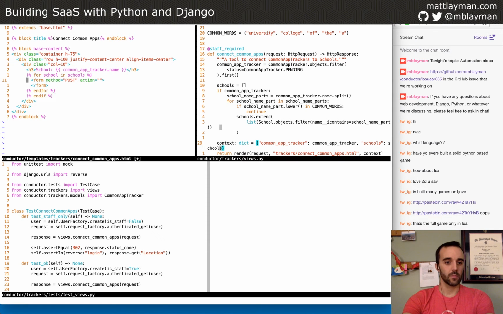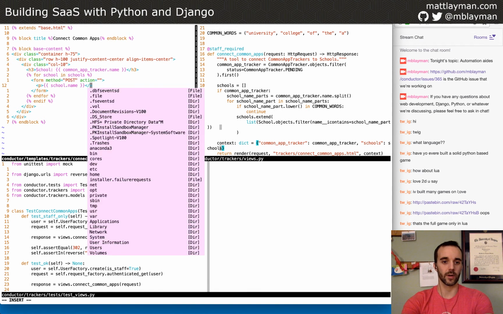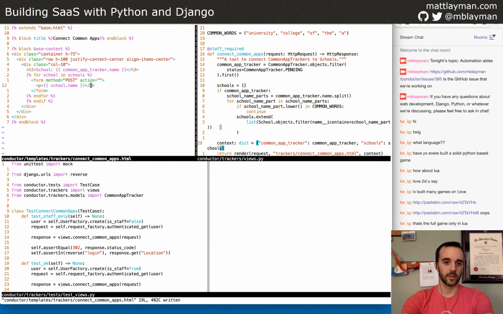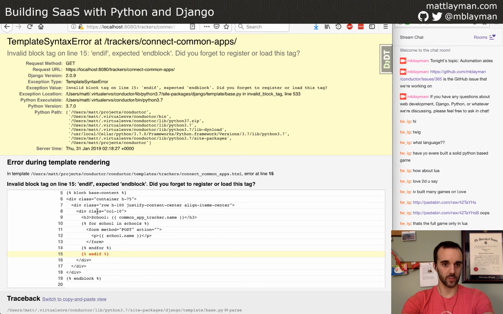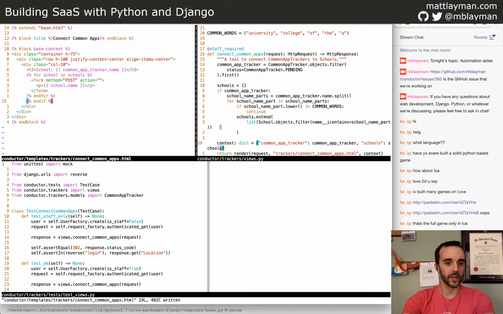Inside of the form, let's change this back to a paragraph tag. And let's just start there. See what everything looks like now. Oh, whoops. I messed up. I still have the end if there.